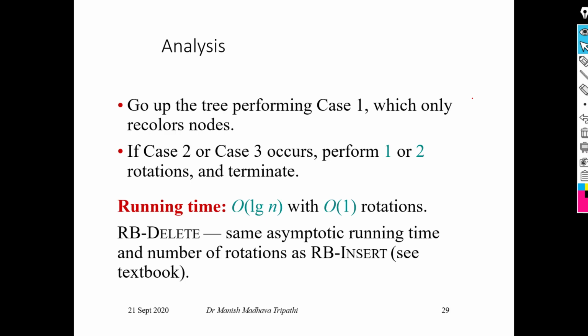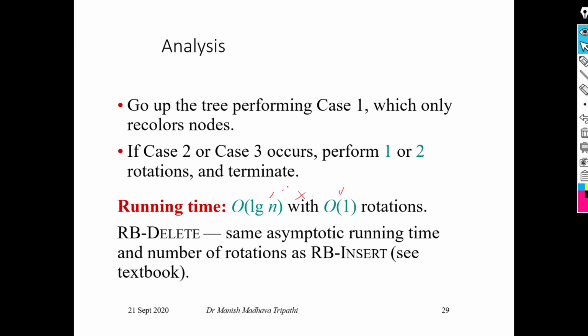Here the running time of the red black tree is log n. Okay, because it is simply a binary search tree, and we know that the running time of the binary search tree algorithm is log n, and therefore it is also log n. One extra thing which we do here is the rotation, and rotation takes a constant amount of time, therefore order of one time is added to this, and therefore it remains unchanged.